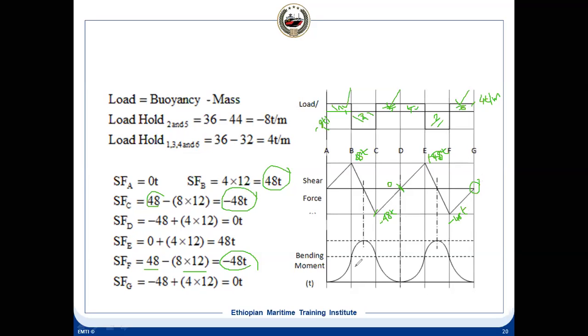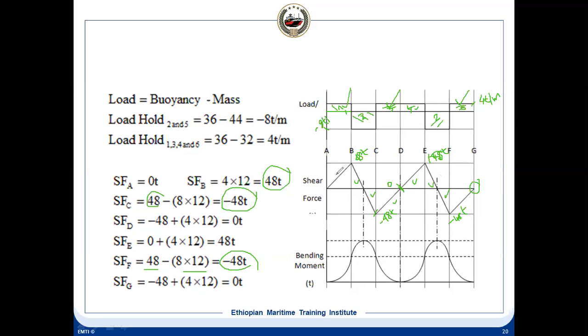Now we can easily construct our diagram. Here, if you see, it has changed twice. Here from positive it has come to negative. Here from negative it has gone to positive, meaning thrice it has changed, and here from positive again gone to negative. So what will happen in the bending moment diagram if you draw?